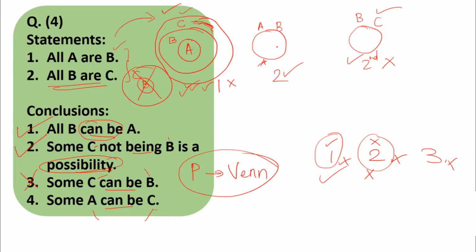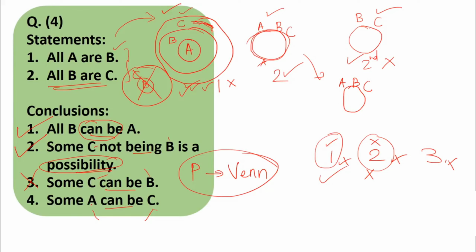Now let us see the other situation. All A are B can be drawn like this. All B are C can be drawn like this. If we combine these two statements, we can draw another circle and say that A, B and C coincide. So this becomes a relation between A and C. I'll draw it again over here. This one circle is A, and this is B as well as C. So all A are B, all B are C. Both the statements get satisfied. So over here also the fourth conclusion holds true.